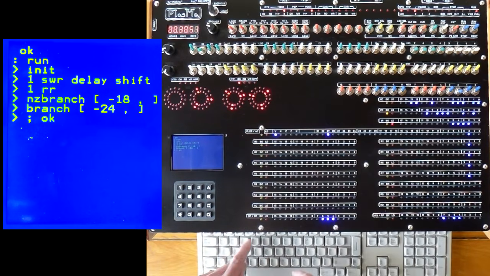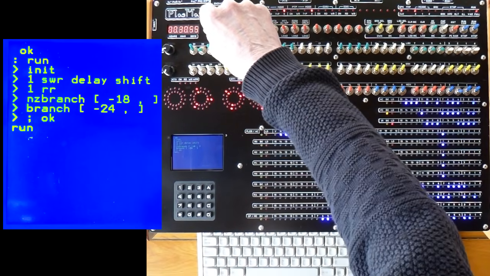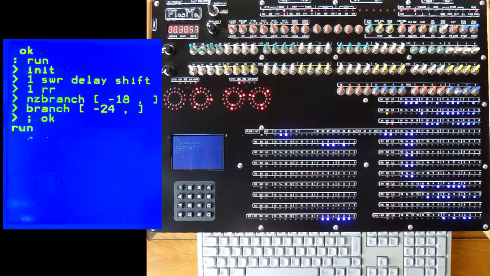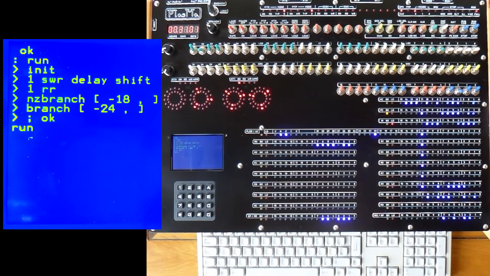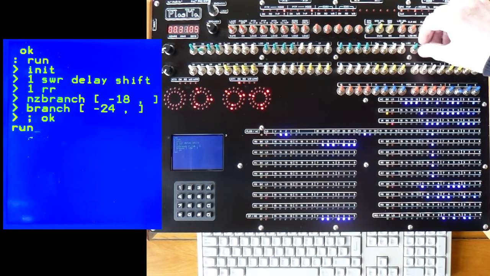Turn the volume down a bit, it's just going to get noisy. Run. That's not so bad. And the lights are just trundling along. And they're controllable by these switches. So if I lower this value,